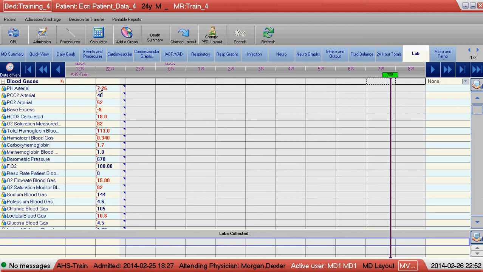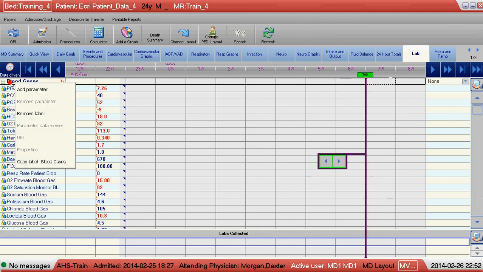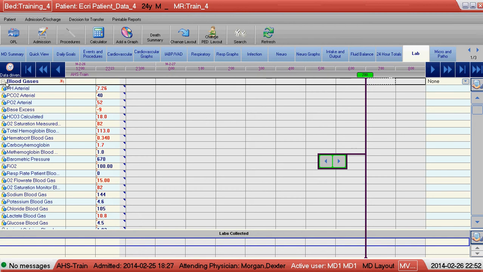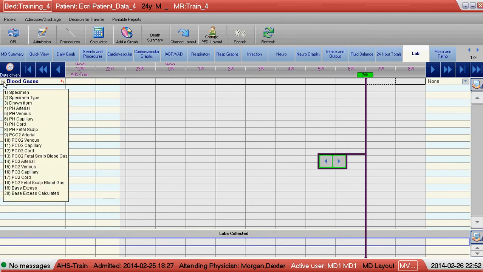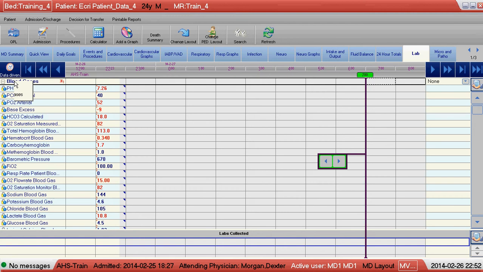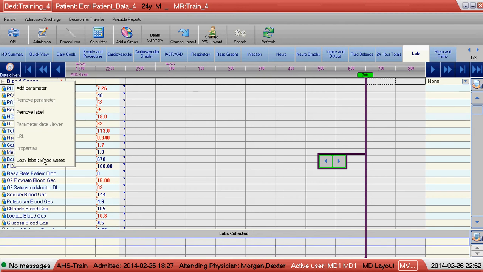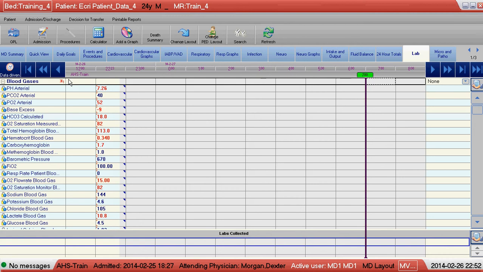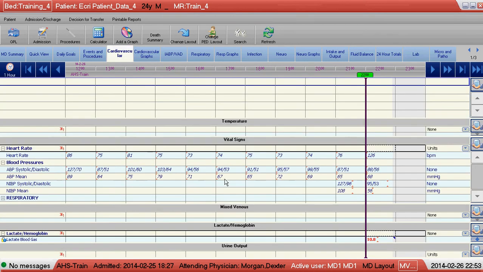a blood gas that was done, and I want to track the blood gases with respect to changes that have happened to the ventilator. So I'm going to click on the blood gas label, so the whole thing right there, right click, and you see at the bottom here it says copy label blood gases. Select that, and then I'm going to jump to the cardiovascular tab and say, well,